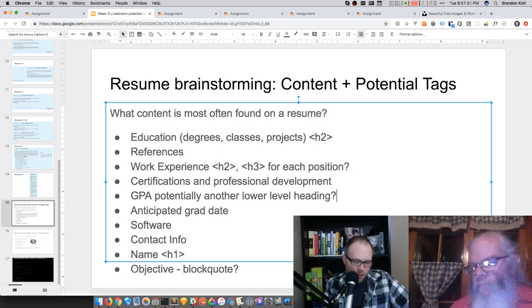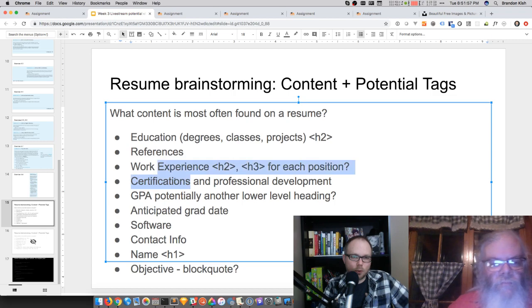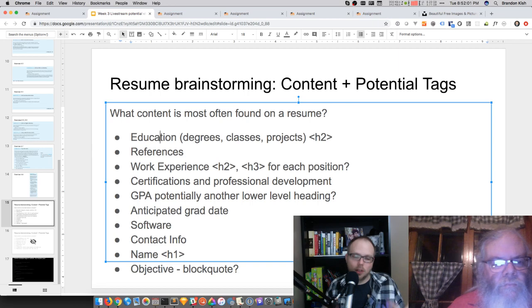I think there's another option here too. When you boil these down to their essence, what are these three sections? Work experience, certifications, and education. Like what are we doing with that information? We're making a